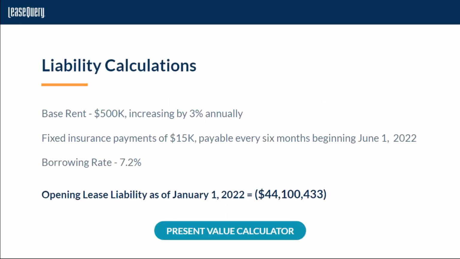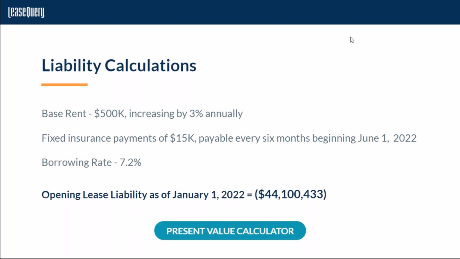Now, the liability calculations. So the base rent of $500,000 increasing by 3% annually. Remember, we're going to be calculating this as of the transition date in the standard, right? So rather than calculating this as of November, this will be calculated as of January. So we'll present value to 500K, increasing by 3%. We're also including those fixed insurance payments payable every 6 months, beginning on June 1 and December 1. We use the borrowing rate of 7.2%. That gives us an opening liability as of January 1, 2022 of